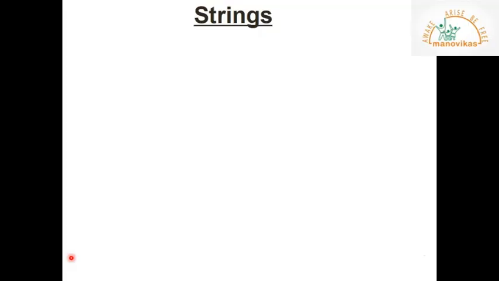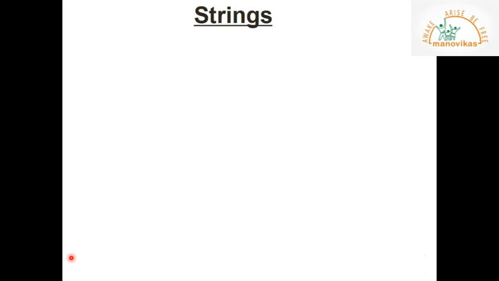What is a string? A string is a sequence of characters, or a group of characters. So, you should know what a character is. Hope you remember, in my last video I explained what a character is. A character can be a letter, it can be a digit, it can be some special symbol from the keyboard. So, when I say sequence of characters, it is a combination or group of characters, it can have multiple characters also.